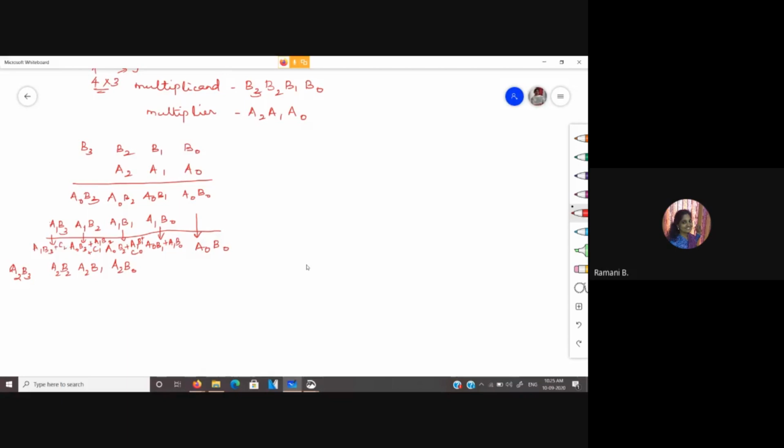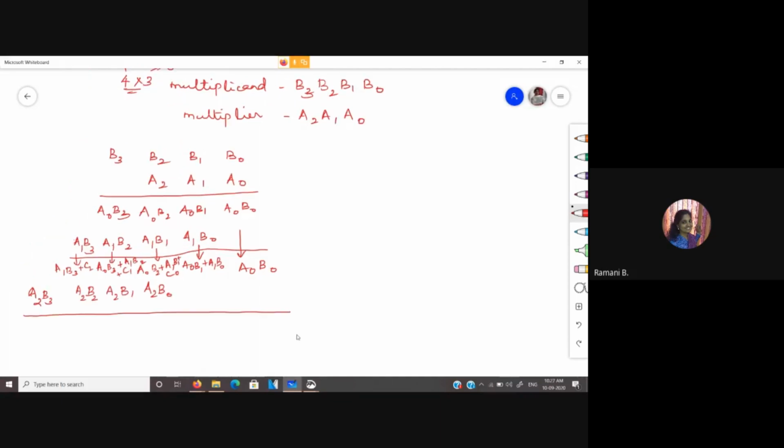So let it be C2. Now we are to add. This is going to be the least significant bit of the product, P1. The addition of this, the sum will be P2. If you have a carry, you are going to add that. Then P3, P4, P5. If you have a carry as a result of this, you will have a P6. Yes, I made a mistake there. Okay, so this will be my product, right?